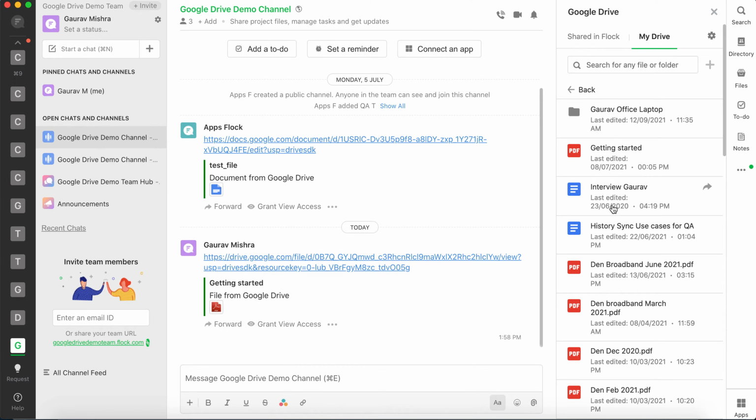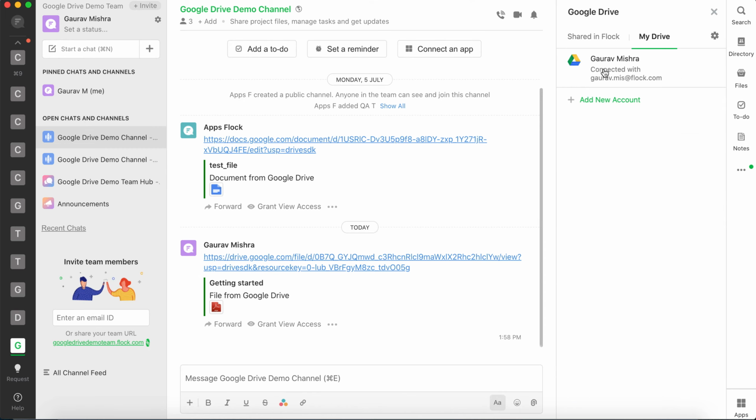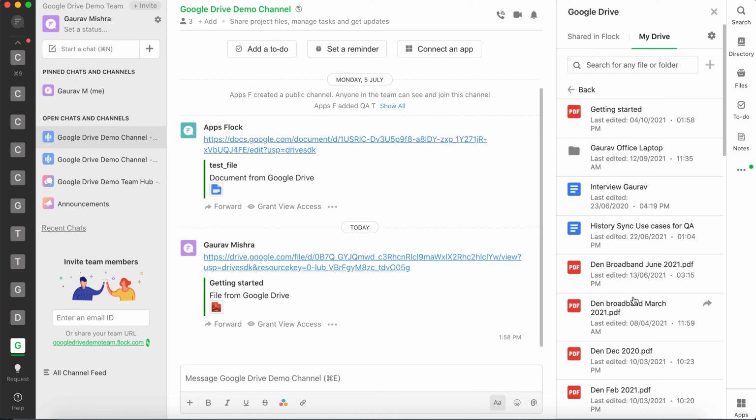So as I explained, here you can see Gaurav Mishra and connected with email ID, and this is for the user profile scope and user email scope. Clicking on this will display the list of files and their metadata. This is for the drive.metadata.readonly scope, which is the restricted scope. So here the file is shared and we have grant view access, custom permissions, and open containing folder options for the user to grant the access for the file. And here is the file URL, that is the downloadable URL, that is shared.